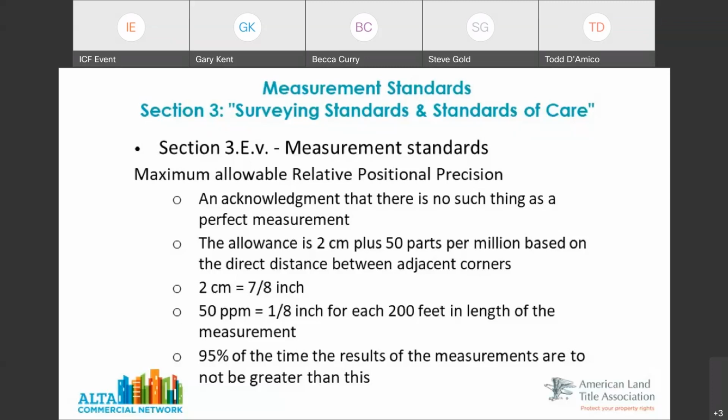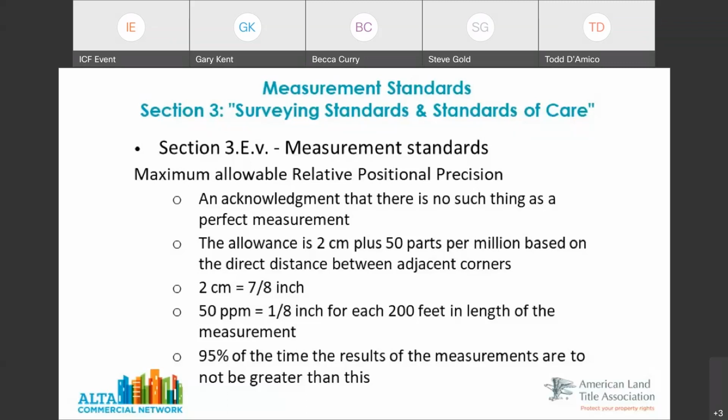But there's also another component in that with survey measurements, the further we measure, the more error gets introduced. And I'm discerning between error and mistakes, right? This is just random error in measurements. So the further we measure, it's a component of the equipment, the more error gets introduced. So we have this flat precision of 7/8 of an inch, and then we have additional random error that comes in at the rate of 1/8 of an inch for every 200 feet.